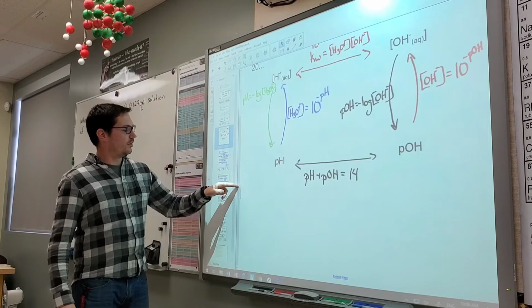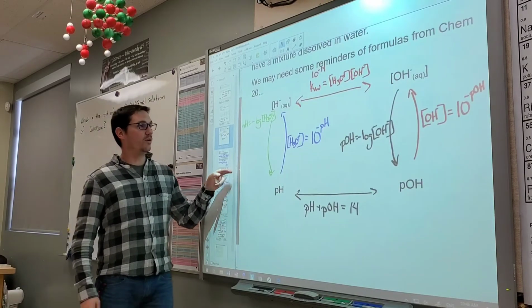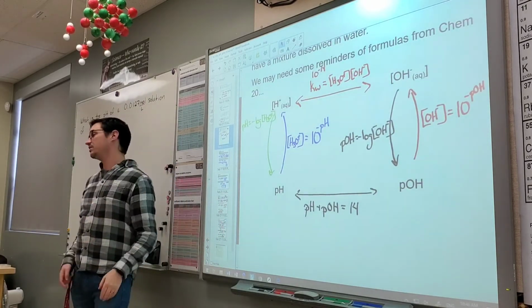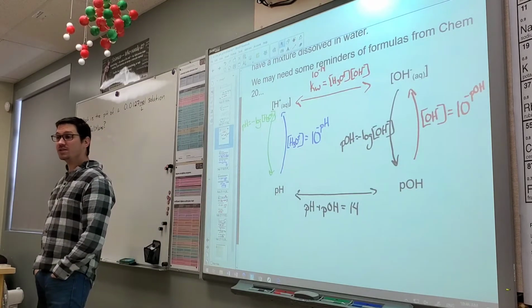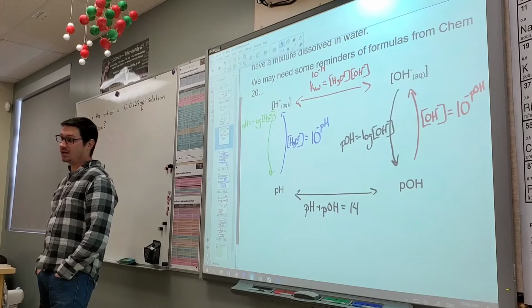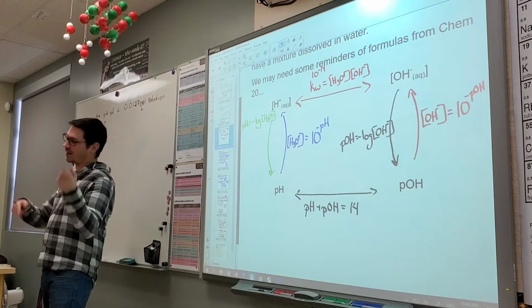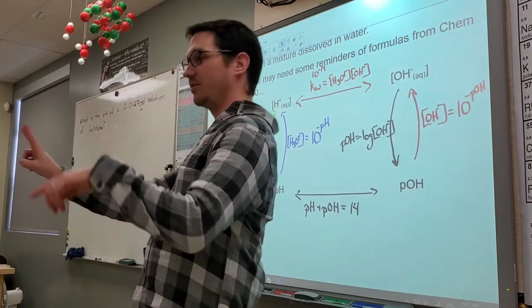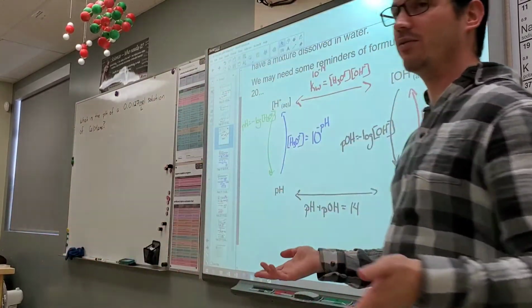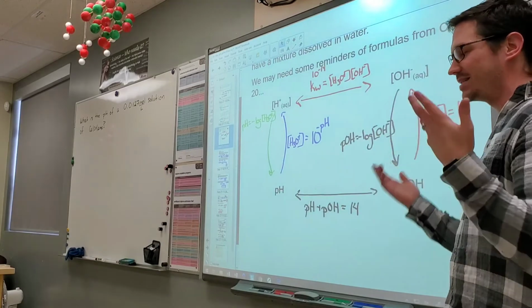So you were responsible for memorizing all of this information. And I know that sucks, but you should have memorized most of the stuff in Chem 20. A lot of you took Chem 20 last semester or last year, right? I feel bad for the people who took it in second semester of grade 10, which was basically 2 years ago.